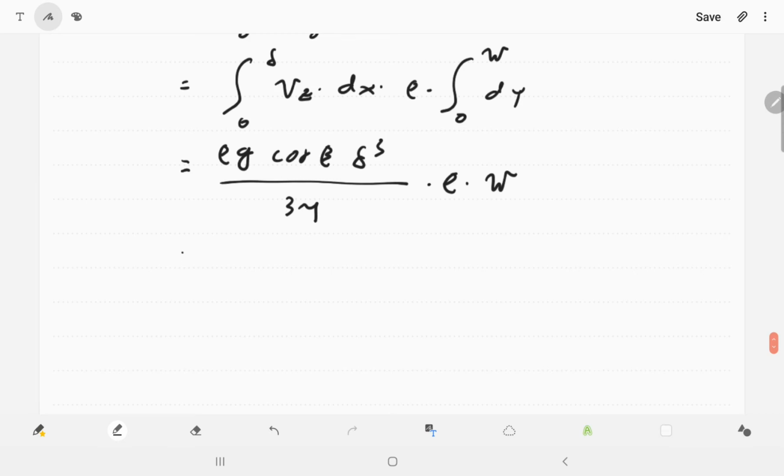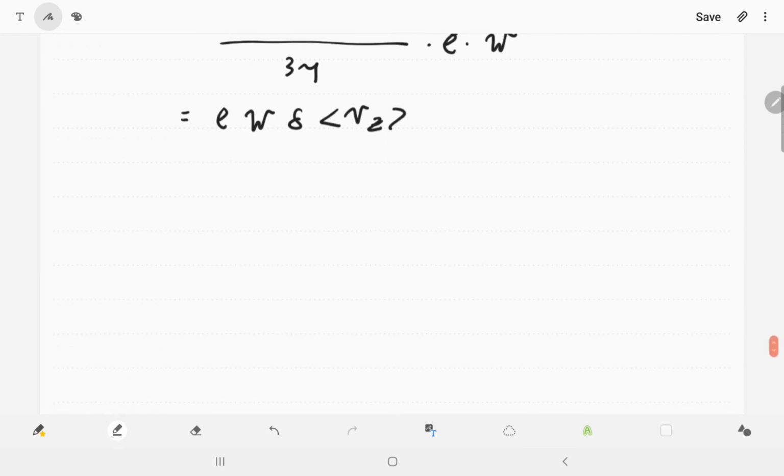Okay, or if you look at the detail in my notes, you can find that this will be equal to this multiplied by your average velocity. I will not discuss the detail in here because you can look at it in my notes. The derivation is given in my notes. The next quantity is the film thickness.